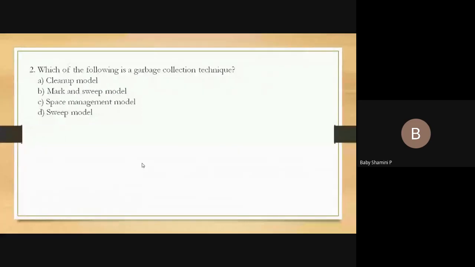If you create an object, it is allocated in the young generation memory location. After a particular time period, if the object is still live, it moves to old generation. If the object is not in use, all such objects are first marked by the JVM, and after that swept out from the memory location. So here they are using the mark and sweep model. That is the correct answer.